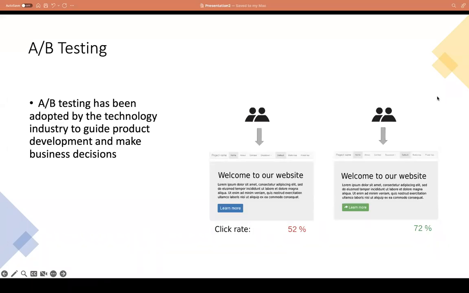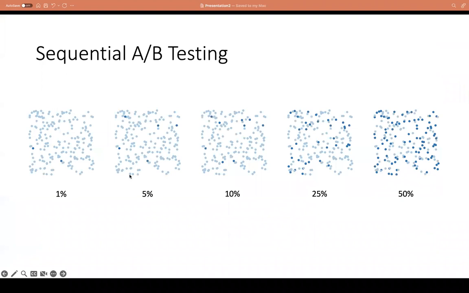Hi, everyone. So our paper is motivated by A/B testing in industry. A/B testing has been adopted by the industry for product development. Here are the examples where you have two options, and then you do randomized experiments to detect whether there's a better version. However, in industry, usually we have these sequential allocations where you increasingly allocate more users to the